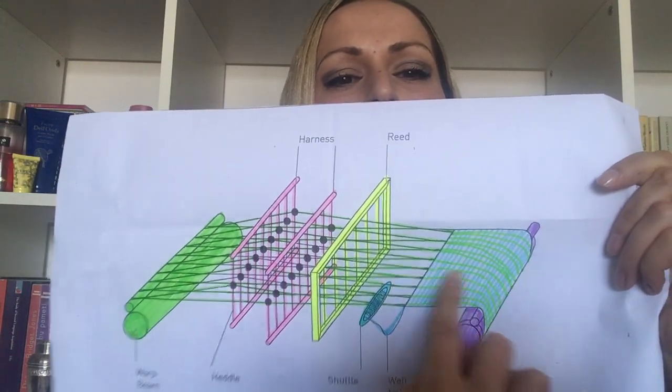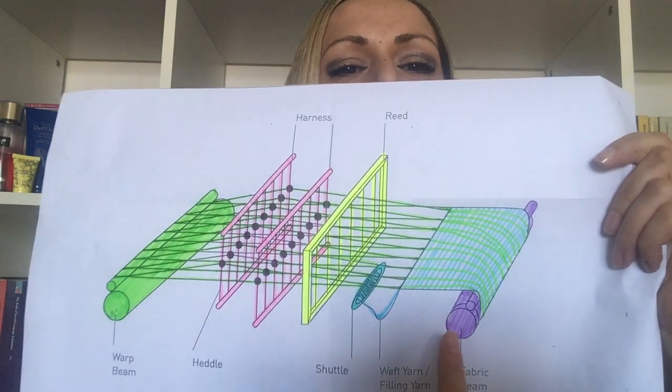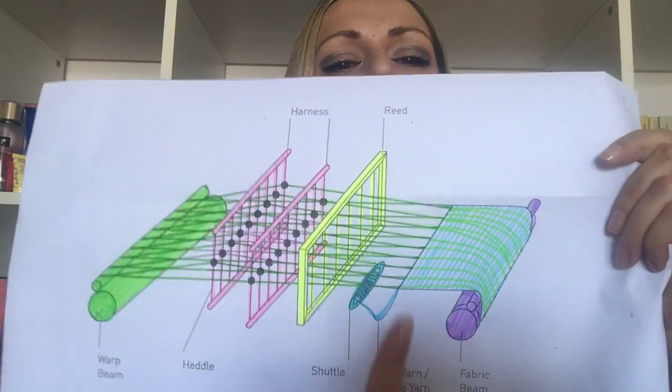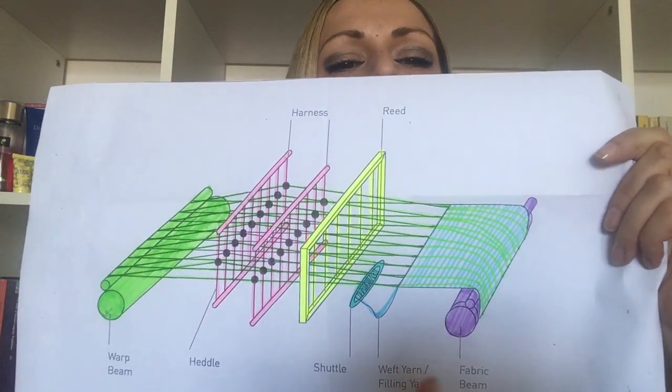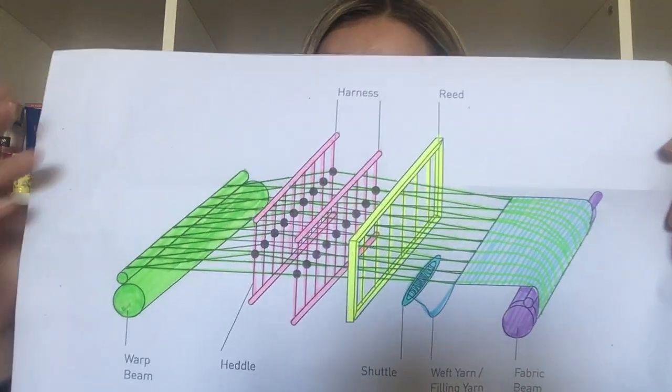And here we have a final product, which is a woven fabric, right? And it is being wound or taken up onto a take-up roller, cloth beam, or fabric beam. Choose whichever you want. Actually, don't choose whichever you want. When you come into the exam, I'm going to ask for all the alternative names. Okay,